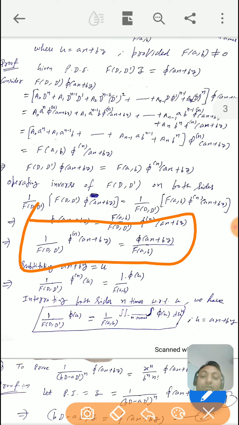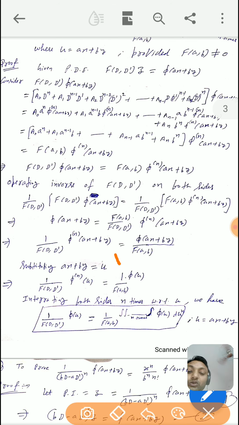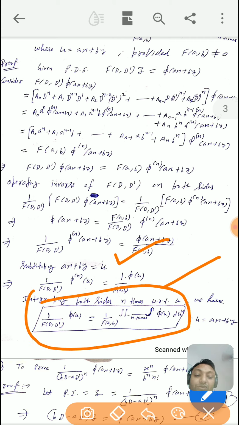So now substitute ax plus by equal to u, so we get this result. And now integrating both sides n times with respect to u, we have finally this result which we need to prove, that is 1 upon f of D, D dash when operating on phi of u, where u is equal to ax plus by, is equal to 1 upon f of a, b integration of phi u